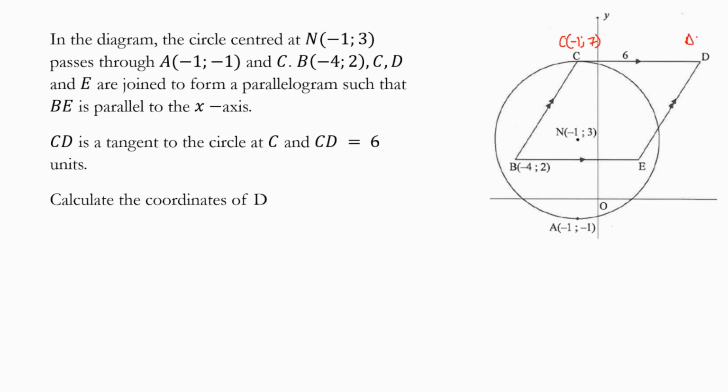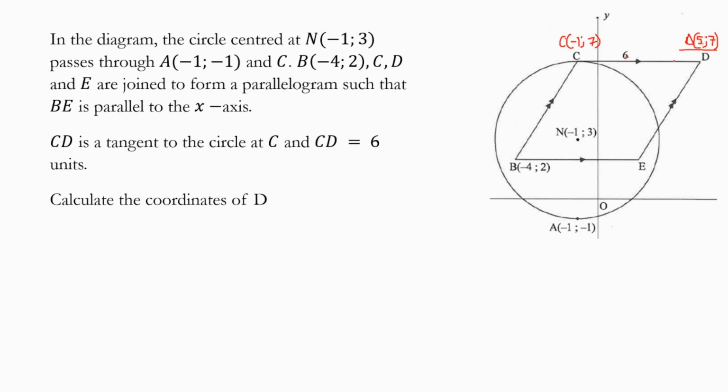So for D, the x coordinate will change from -1. And then you say -1 plus 6, what is it? It will change from -1 to 5. But does the y coordinate change? No, it doesn't change. It is still 7. You see that? Okay, so the x coordinate of D is 5, the y coordinate